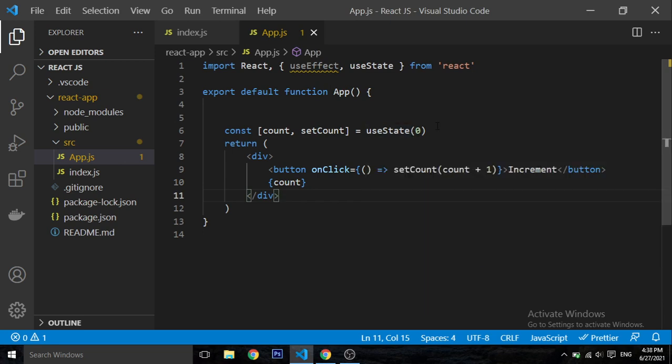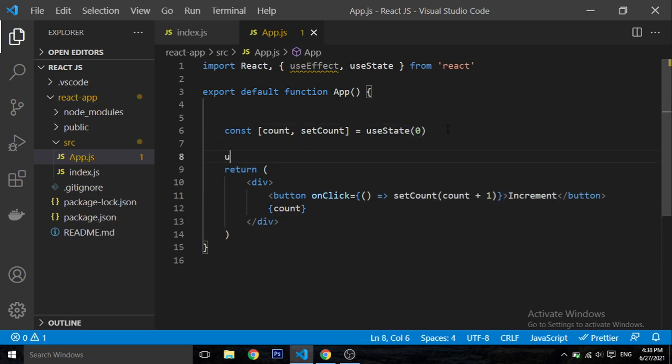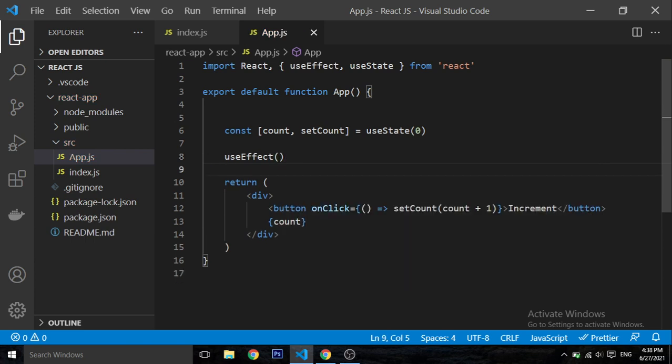But now what I want to do is show you what useEffect does. useEffect is one of the most popular and most powerful hooks, because if you're familiar with componentDidMount, componentWillUnmount, and componentDidUpdate in class-based components, this is exactly all 3 in 1.